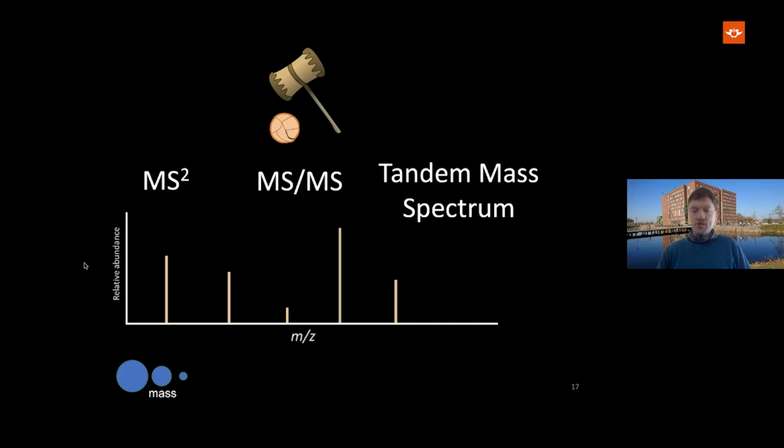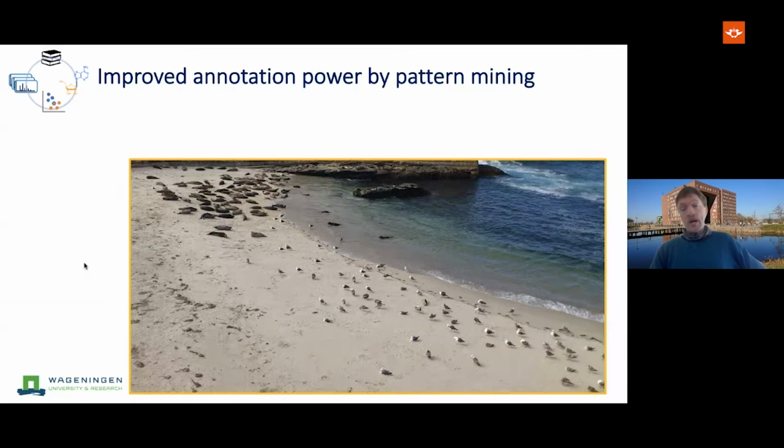You can find these terms in literature used interchangeably, in my opinion. They all point to this kind of fragmentation spectrum, right? So we no longer see the complete molecule, but parts of it,